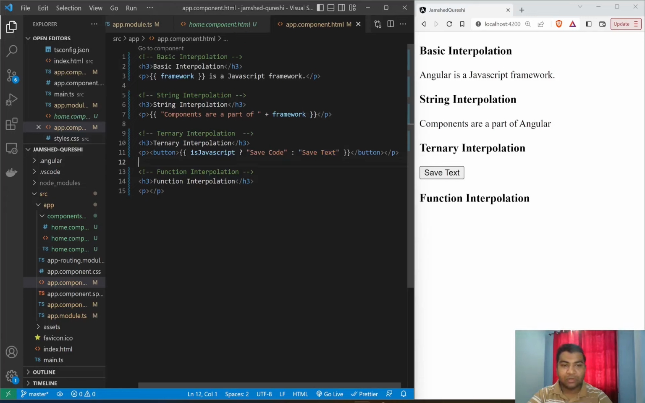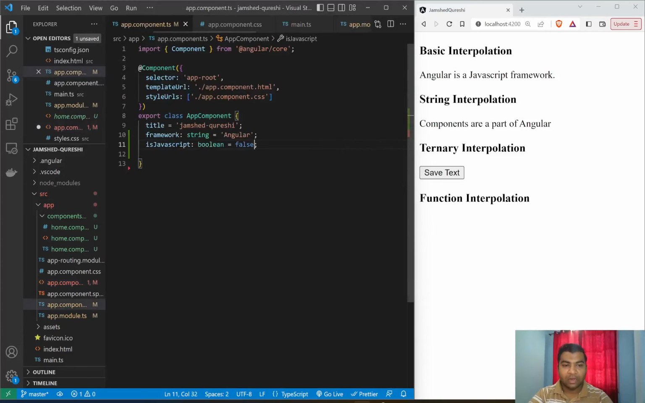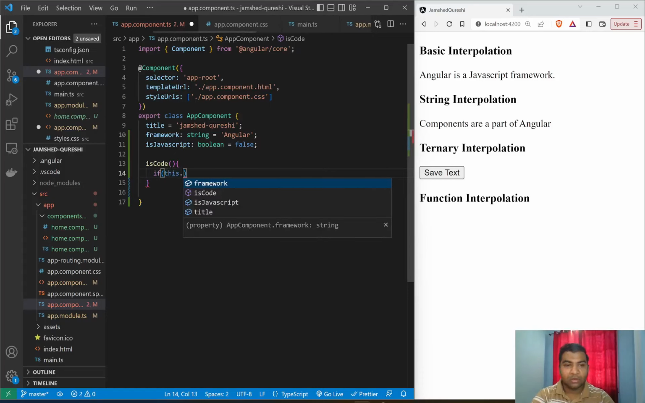The last way to use interpolation is through functions. So again, we have to provide the double curly braces, and within double curly braces we have to write the function name. We will name it isCode for now, and we will create the same in our TypeScript file. And let's write some basic logic in this. So we will check if this.isJavaScript,